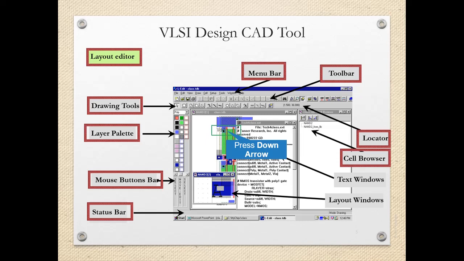So the library files can be browsed with the help of this cell browser, in which the readily available components, which are already designed by some design engineer, tested and readily available as library components, can be browsed. Then we have a text window in which we can have the details of the design, and then we have a layout window in which the actual layouts for the chip can be prepared.